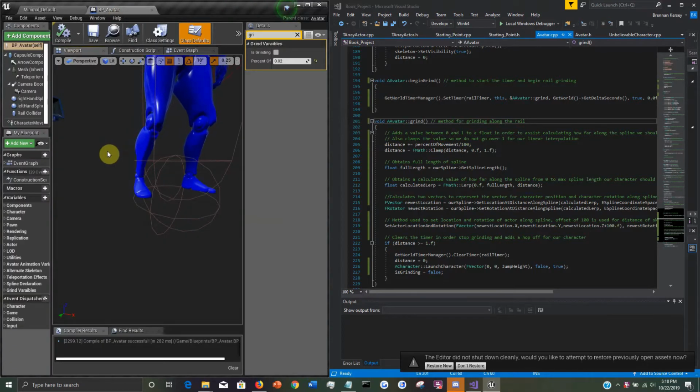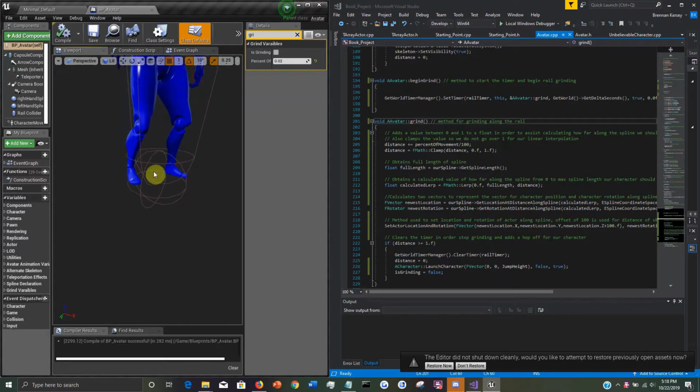For this, I've gone through some very straightforward basic prototyping. I'm still working out the full details of what I want to get out of this rail grinding system. For starters, I made a basic sphere collider and attached it around the general feet area of where my character's feet will be underneath the capsule. The reason for this is that it will be used to detect whether or not we have overlapped with our